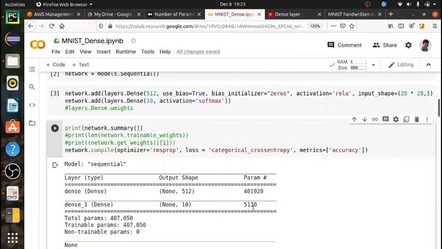So this is the other number of parameters. Now for the total parameters, just add the parameters of both layers. These are the parameters which are to be trained. Basically these are the weights, right?